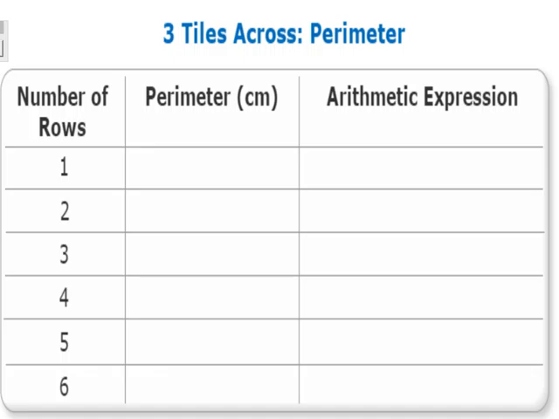So if you notice, we're still going to work with those 3 tiles across, but this, like I said, we're going to work with perimeter. So with your 3 tiles, please do 3 tiles across. And if we look at our 3 tiles across, we can see, if you remember, perimeter is all the way around. So we're going to add. So we have 3 plus 1 plus